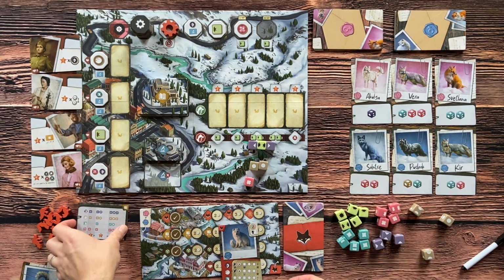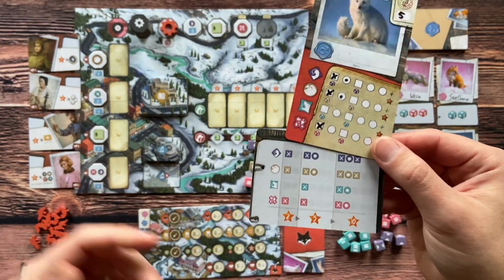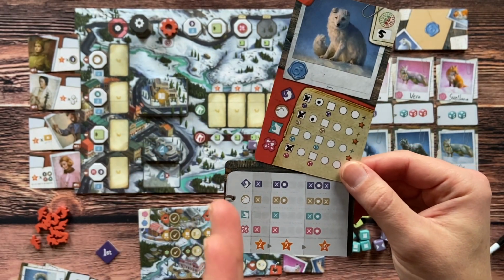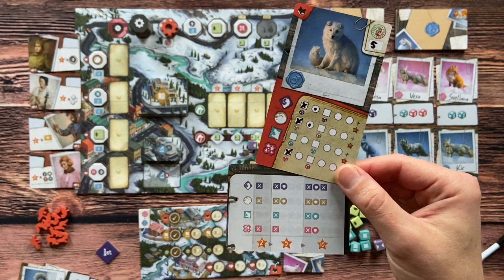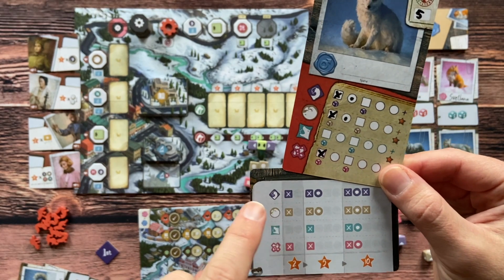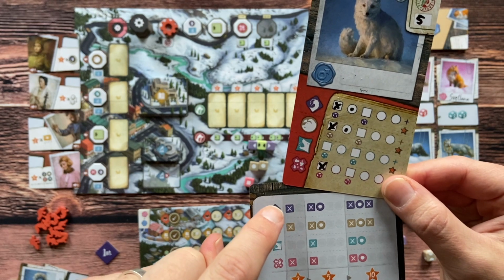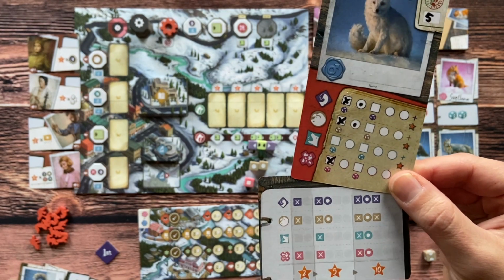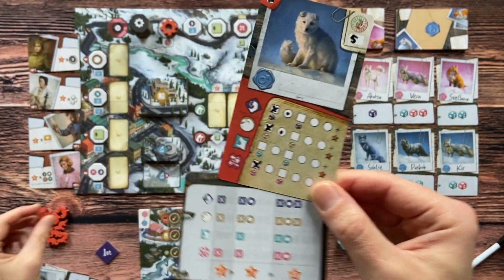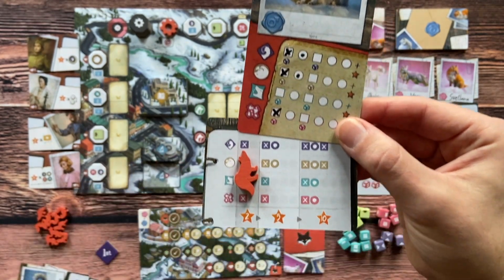During the research phase, you will be able to use your pup to progress on one of the study cards that you have. Each pup can be placed on one level. So for example, to be able to reach level 1 of this science card, I need a pup with 1 purple square, 1 brown square, and 1 pink square. Purple, brown, and pink. So this pup is okay. I can place my fox token on the first level, and at the end of the game I will get